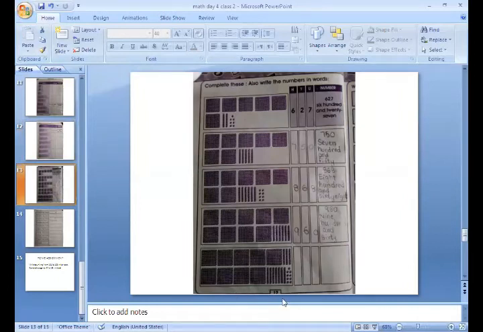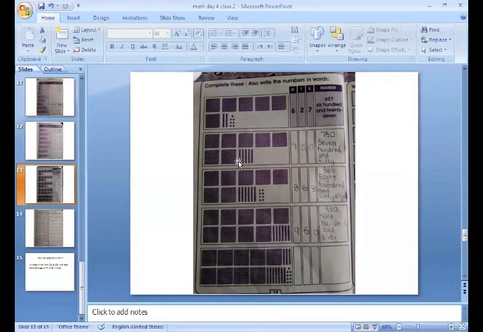Now open page number 12 in your books. Here the question is given, complete these and also write the numbers in words. There you will also identify the numbers by using these blocks and then write down the number in words in the number column. So count how many blocks of hundreds there are. See in the second box. 1, 2, 3, 4, 5, 6, 7. So there are 7 blocks of 100. So you will write 7 at the hundreds place.